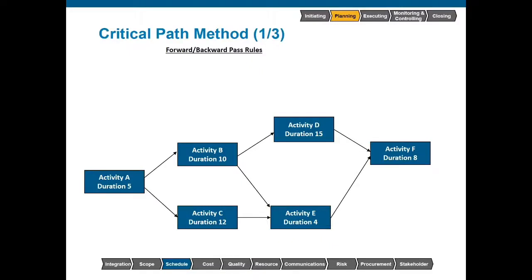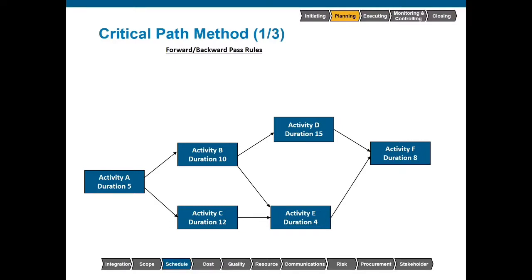The critical path method. We're going to do an exercise now. We see 6 activities. Within each one of these, we're going to look at specific critical path rules and calculate the earliest that each activity can start and the early finish. Once we get to the final activity and we have an early finish date for the entire project, we will